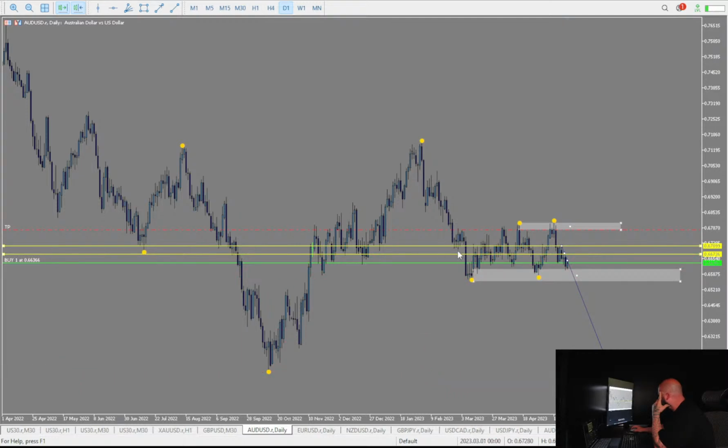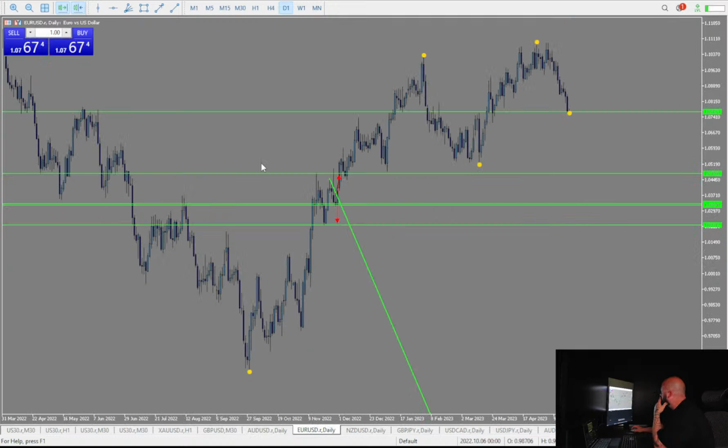R to R is not there unless you were playing from here to here. But I like this trade. I've got positive equity, so I'm going to run it. Look at EU. I've not touched